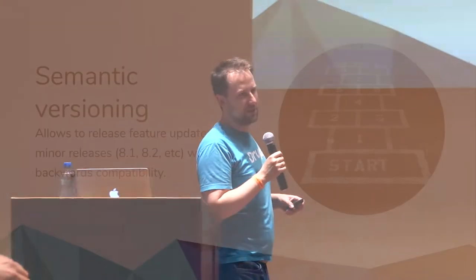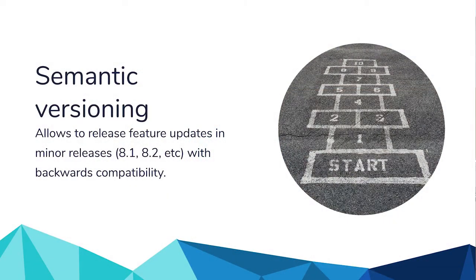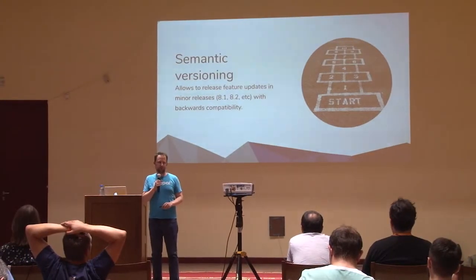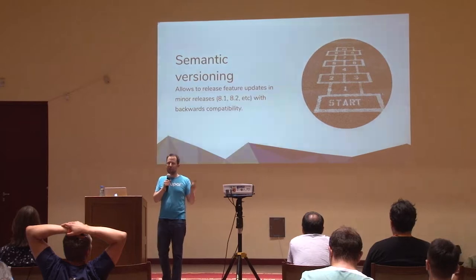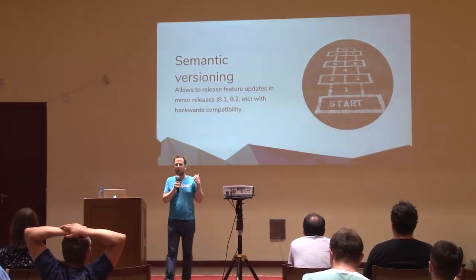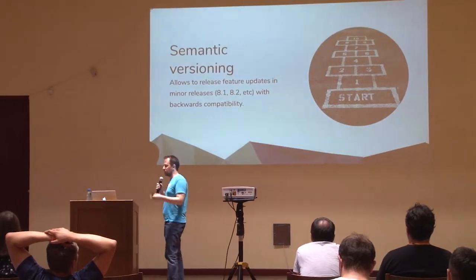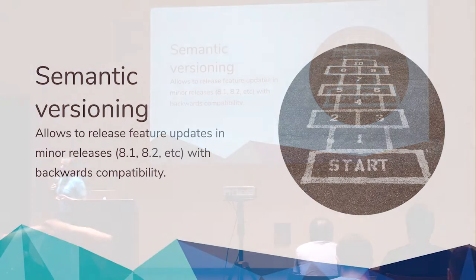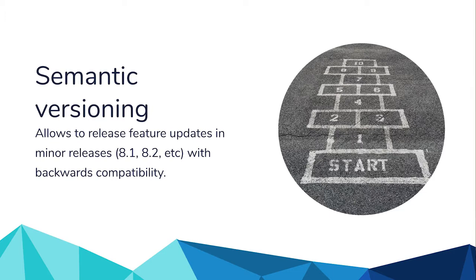With the Drupal 8 release, we introduced 3 new processes or practices. The first is semantic versioning, which allows us to have 3 components in the version number: a major component, a minor component, and a patch component. That does not sound in itself very exciting. It's a technical detail. But what it allows us to do is to release new feature updates